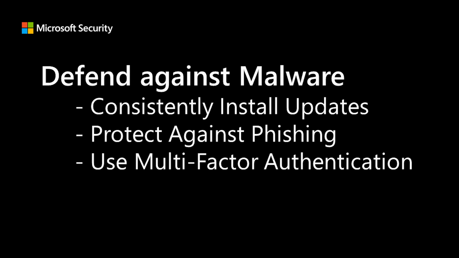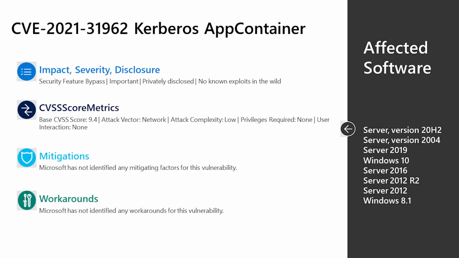I know it's a challenge. I know MFA can slow down things if a person has to look at their phone or their USB key or some other way where they're getting that number, and then they got to put the number in. And I know it slows everything down. I understand that, but it allows a much better security posture that can protect you if some of your other layers are compromised.